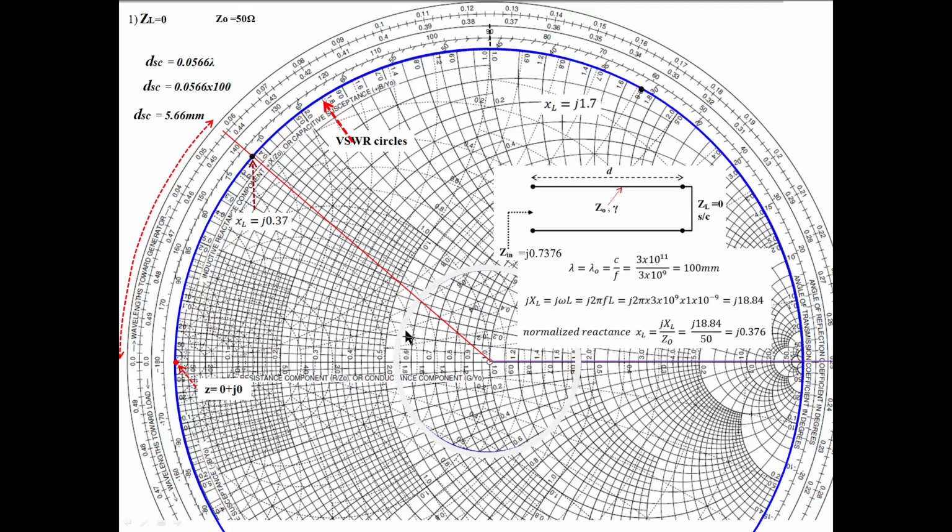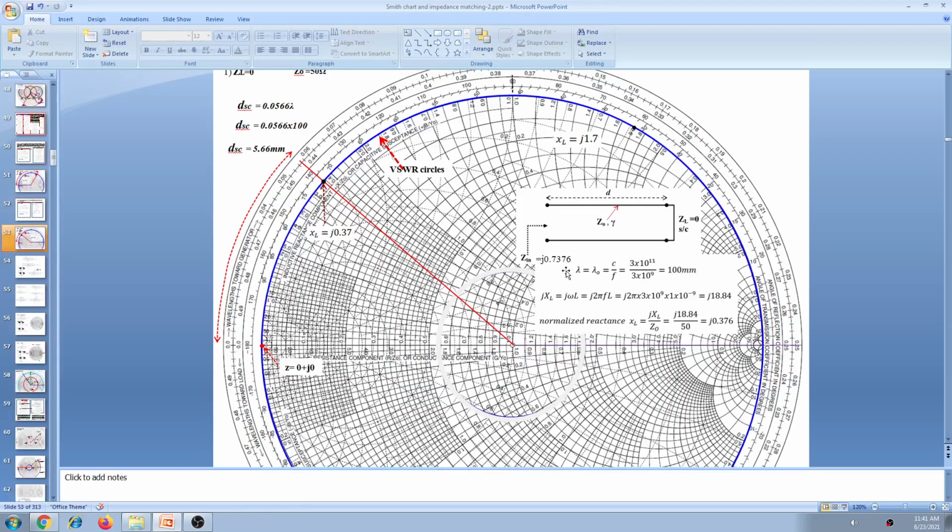Okay, to find that from the Smith chart, what do we have to do? This is the shorted point. This is always the load point, and this is a VSWR circle. You need not draw it in the examination, because it always coincides with the R equals 0 circle. Just start from here, the 0 impedance point, and go on moving like this.